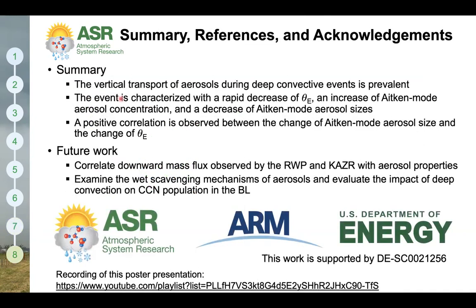So in summary, we found that the vertical transport of aerosols during deep convection events is prevalent at different geographical locations. The event is characterized by a rapid decrease of the theta E, an increase of the atypical mode aerosol concentration, and a decrease of the atypical mode aerosol sizes. We also found that there's a positive correlation between the change of the atypical mode size and the change of the theta E. So in terms of future work, we would like to correlate the downward mass flux